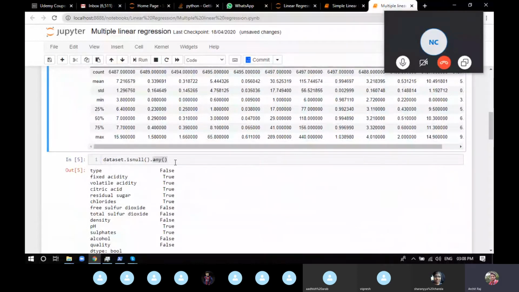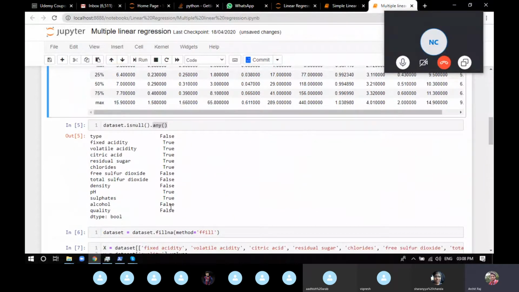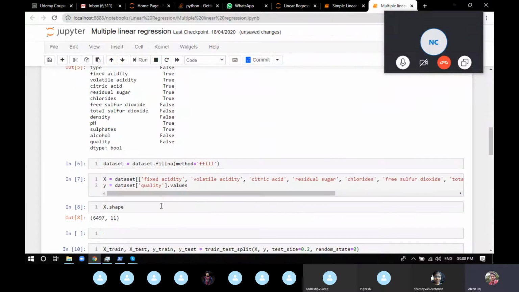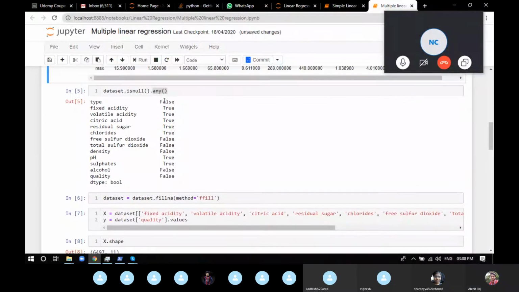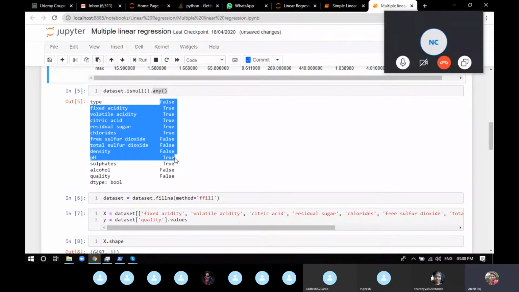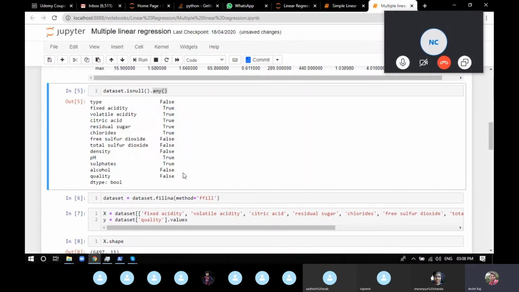This line is not telling you where, but it's telling you that it has some. So you can see there are some true values and some false values. Now we got to know that our data set has some not-a-number values, or missing values.